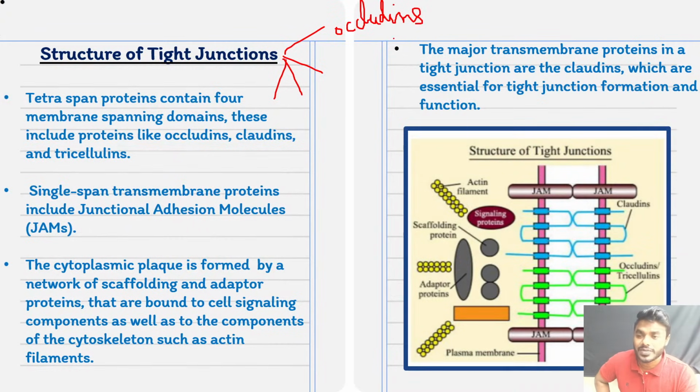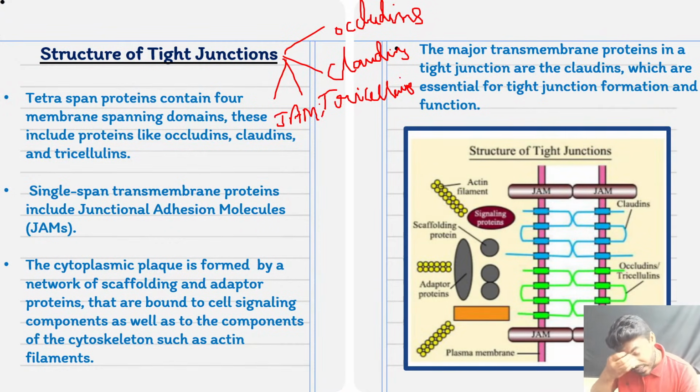The tight junction is made up of occludins, claudins, tricellins, then followed by another protein called JAM protein. Kindly do not get confused with this. And friends, what is the point you have to remember? Except JAM protein,